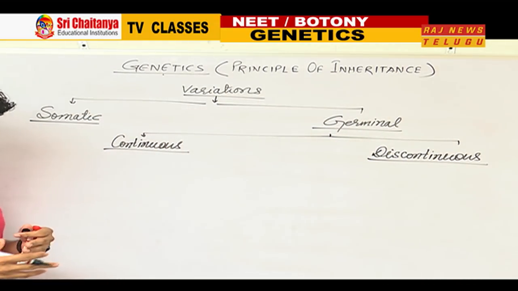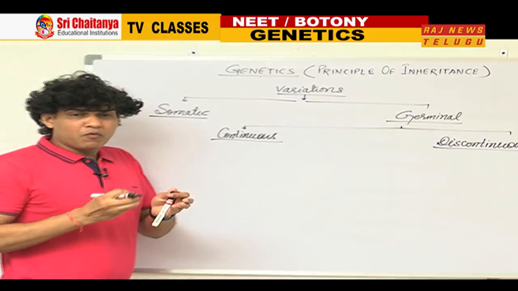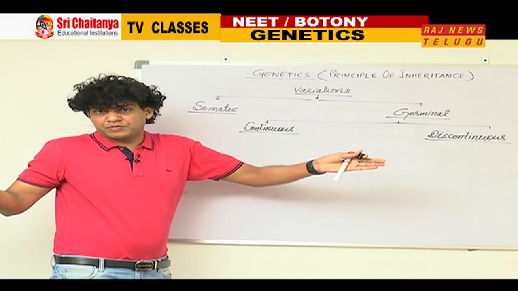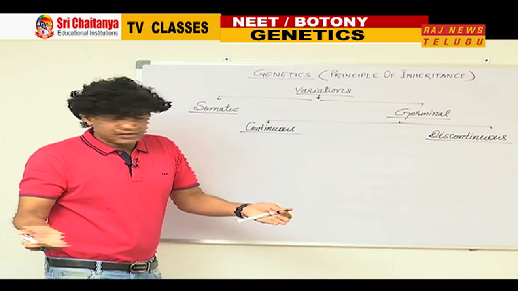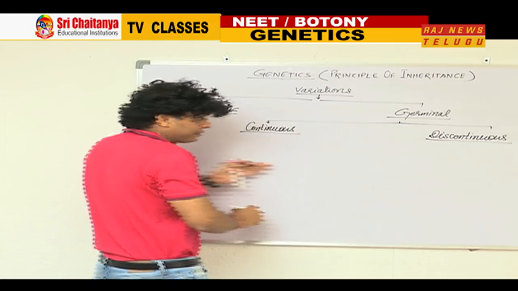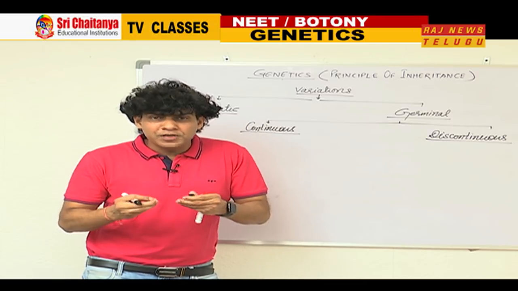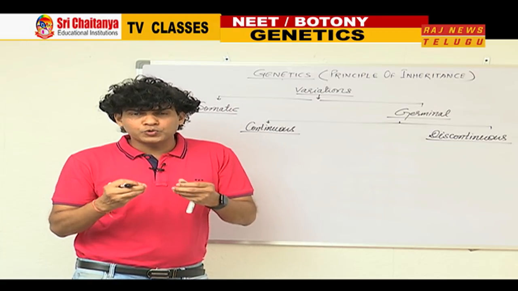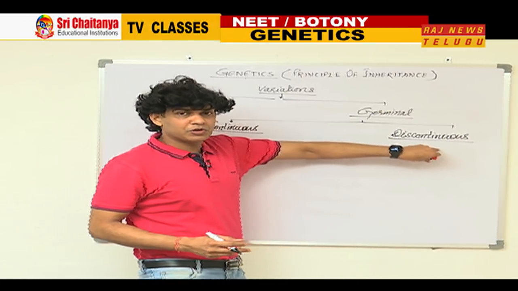Whenever you observe that a phenotype is not restricted to only one or two distinguishable forms, there is a continuous distribution of the phenotype. If any character shows a large number of variants, then such variations are known as continuous variations, means continuous distribution of the phenotype. In contrast, if any character shows only very few, limited, one or two distinguishable forms of the phenotype, then such a variation is called discontinuous variation.